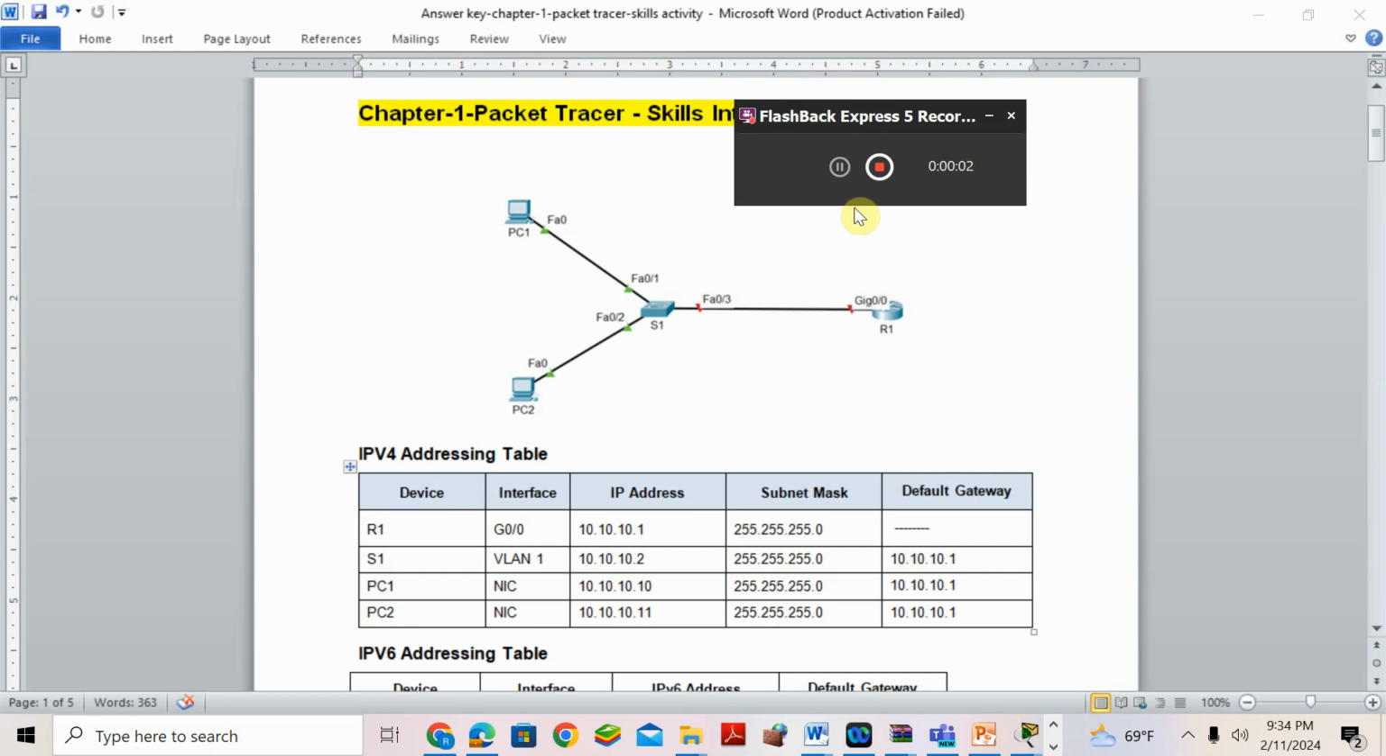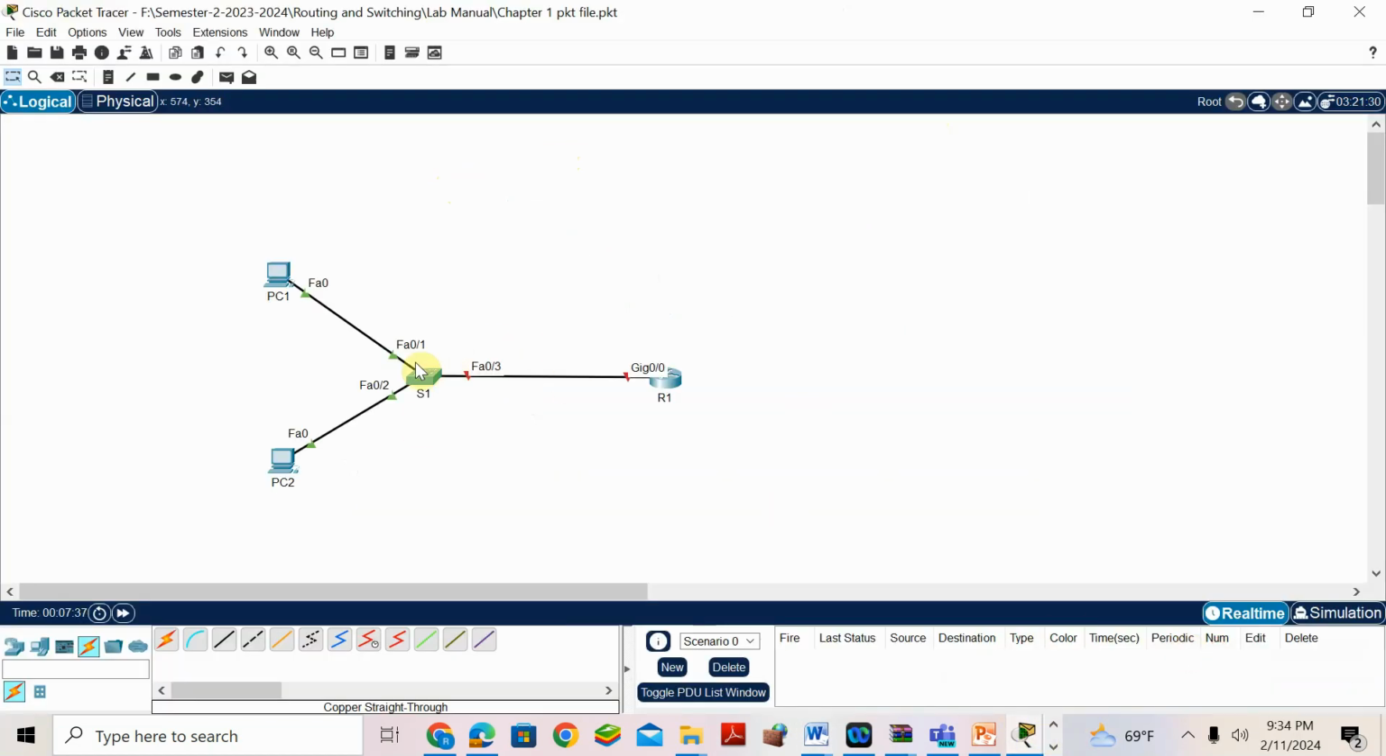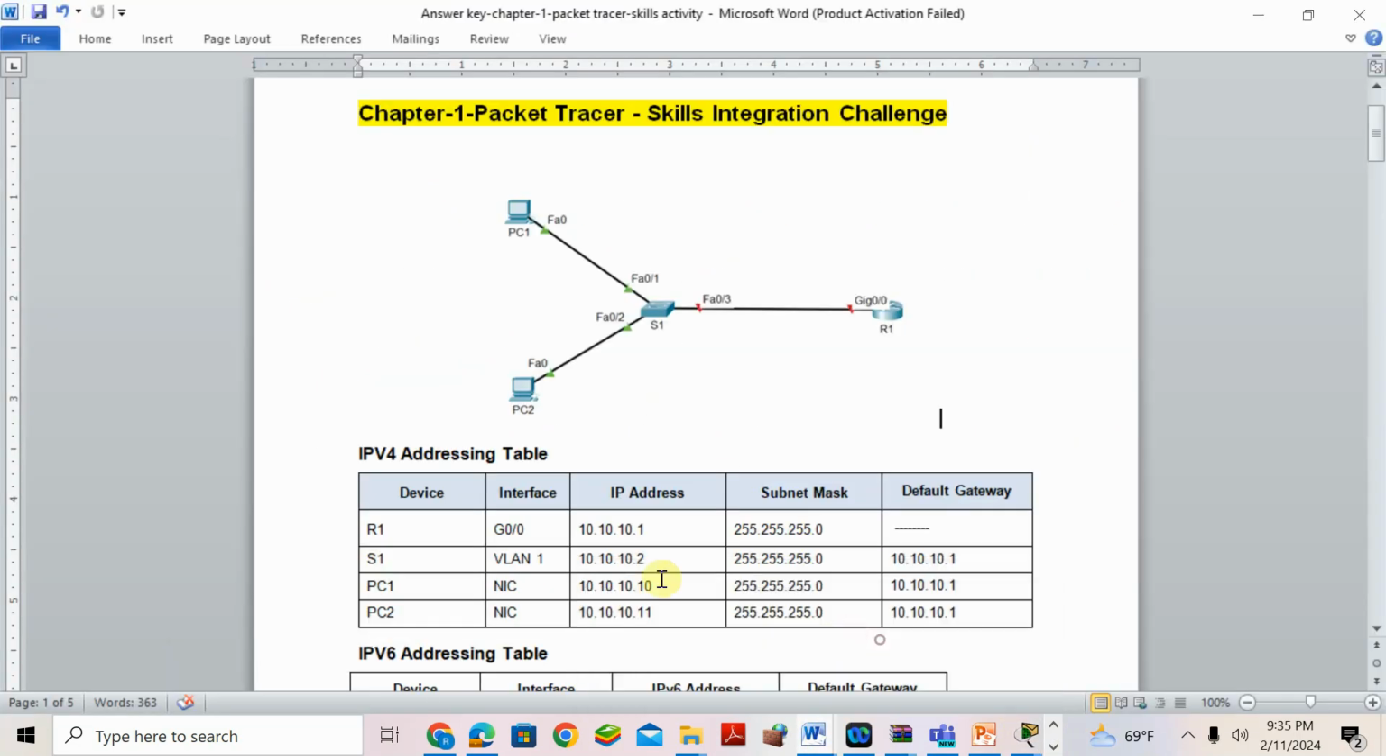Students, today we will discuss the chapter 1 Packet Tracer activity, which has a switch, one router, and two computers. Okay, so I'll open the file. This is my file. I have two computers, one switch, one router. So the first thing they're asking me is